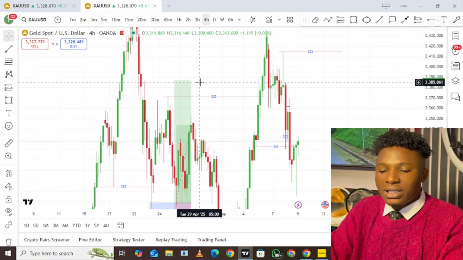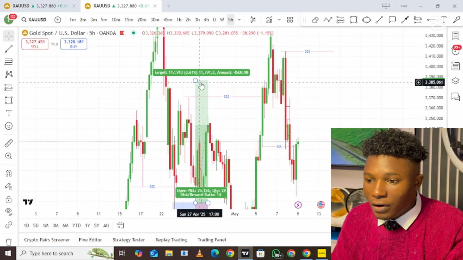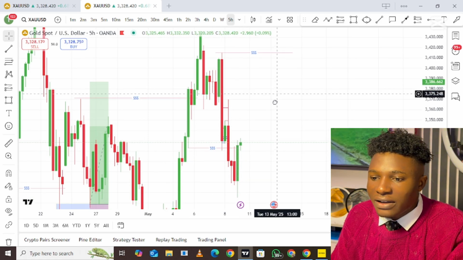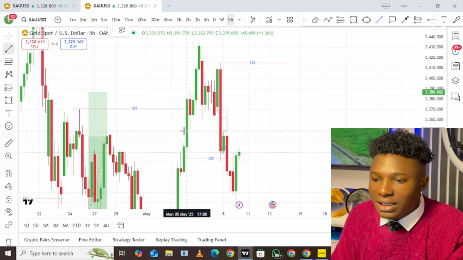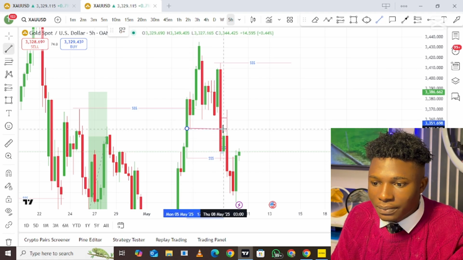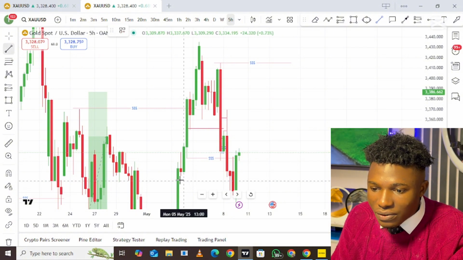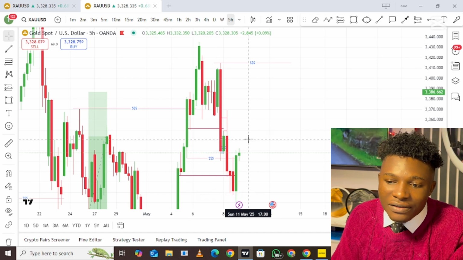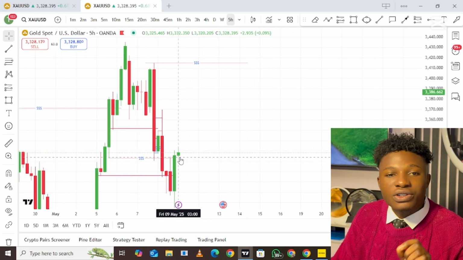Let me show you guys something that happened on the 5-hour time frame, because we also like to check the previous time frame before concluding on that particular time frame. On the 5-hour time frame right here, you can see that price ended up taking out this particular liquidity. Can you see? And then before price can take out the next one, you have to have an opposite candle. The whole 5-hour candle has to end up as a bullish candle, because it is difficult for price to break two levels in the market.